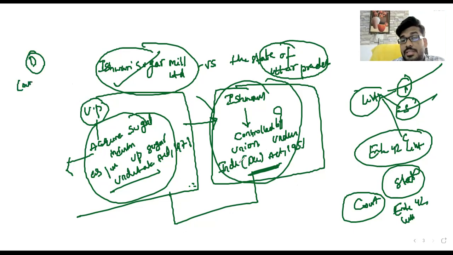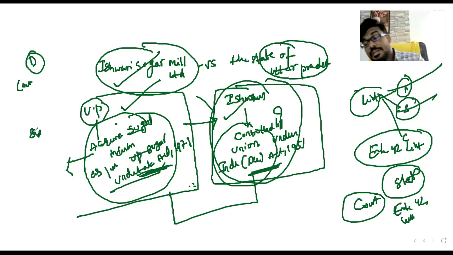Then here, the Industrial Disputes Act is a general act, and the Acquisition of Sugar Limited Act is a special act. This is for all industries; this is for sugar industries. Then special act and general act is there, you can give a privilege to the special act. Then the state has a power as per entry number 42 of the concurrent list of the Constitution. No problem, the state can acquire.